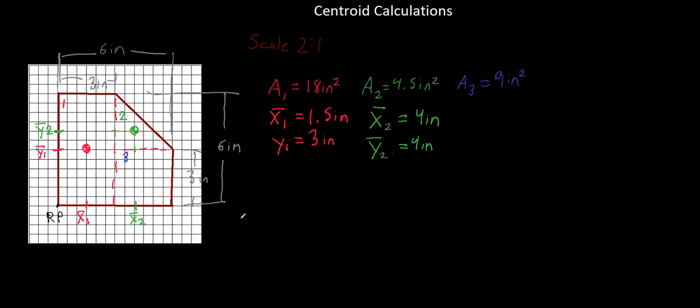Then the third shape, the centroid, is incredibly easy. It's just right in the center of our square, right? So that's just 1.5 from one edge of the square, 1.5 from the other. We don't care about all that. We care about the distance from our reference point. So that's here. That is our x bar 3. And then, of course, we follow along, and this is our y distance for our third shape to our centroid